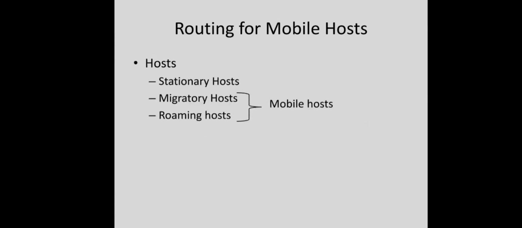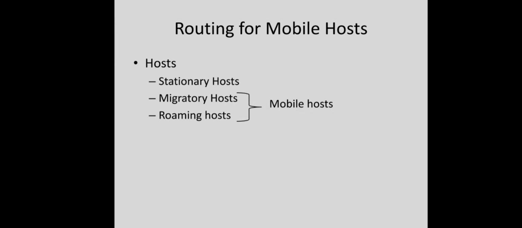Before that, we can classify the entire set of hosts in a network system into three different categories: stationary hosts, migratory hosts, and roaming hosts. Hosts that never move are said to be stationary. They are connected to the network by wires, copper wires or fiber optic cables. We have already seen how packets can be routed here, and there are no complications. Migratory hosts are basically stationary hosts, but they move from one fixed site to another from time to time. They use the network only when they are physically connected to it. We can think of a laptop connected using a network cable. In that case, we can call it a migratory host.